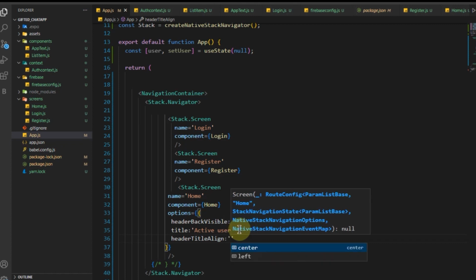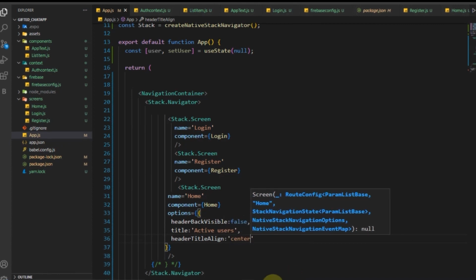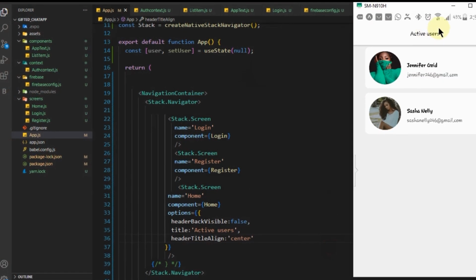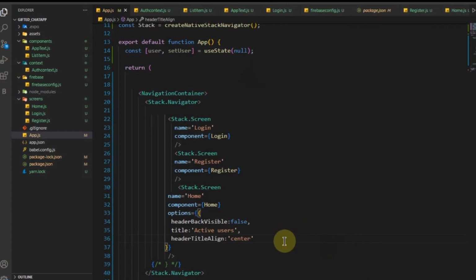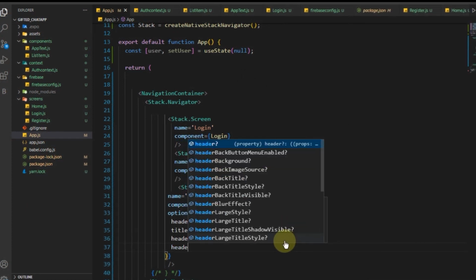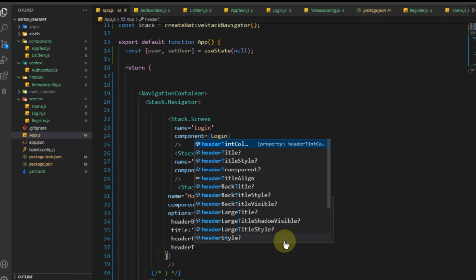We're going to set it to center. So this is going to make our active user stay in the middle. So let's give it header title